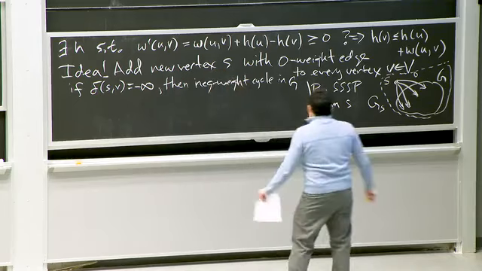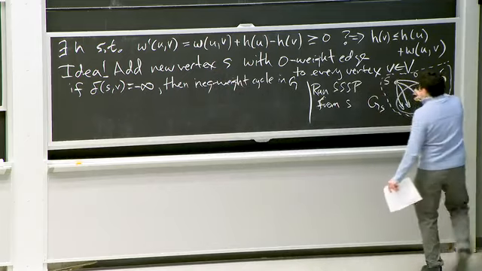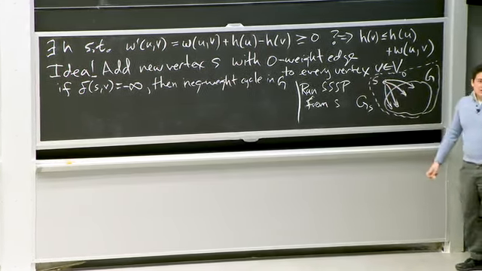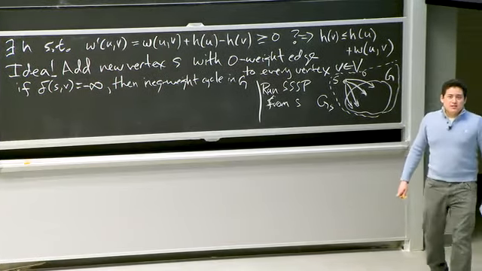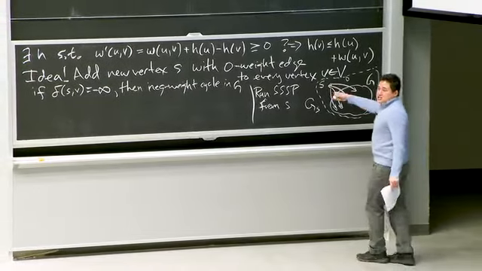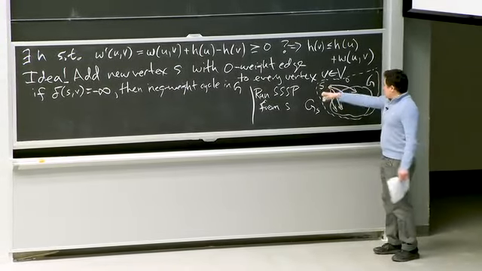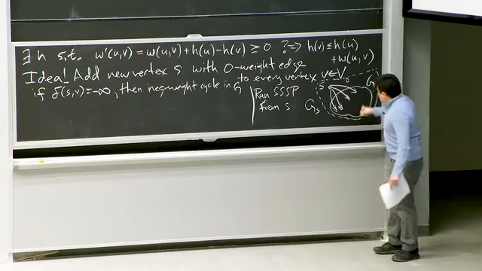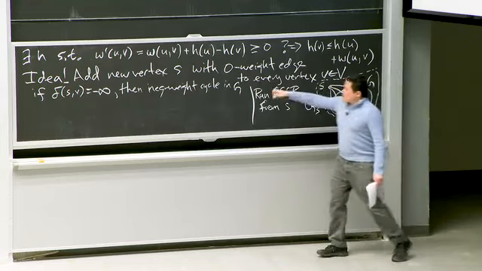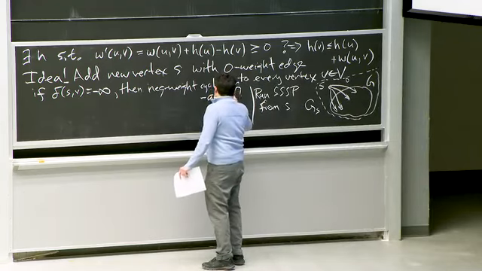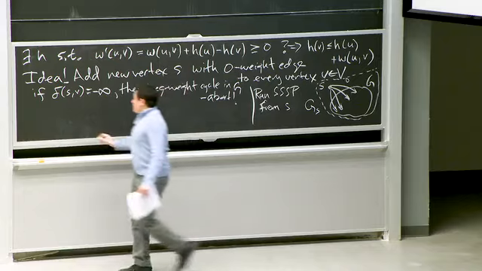The worry is that that negative weight cycle was added to my graph by adding this vertex S. But what do I know about vertex S? It has no incoming edges, so no negative weight cycle could go through S. So any negative weight cycle was in the original graph, and so I can abort. Abort. Yay. Otherwise,